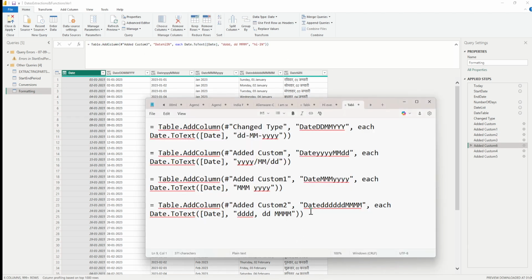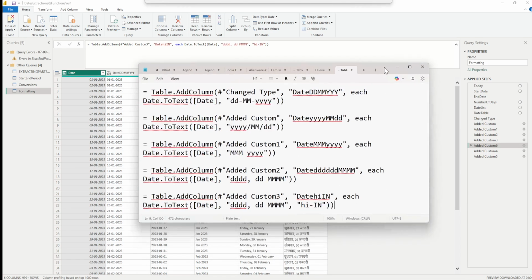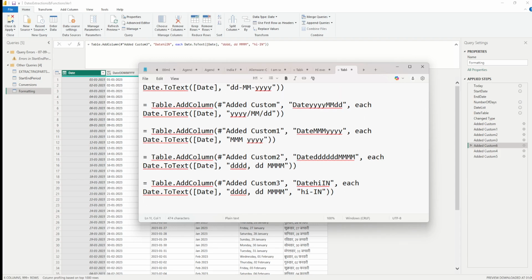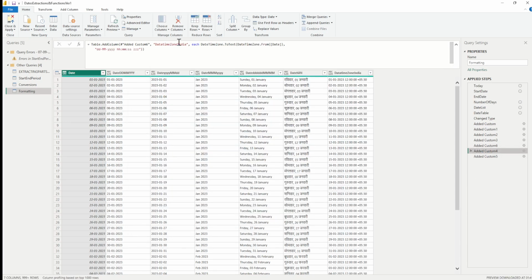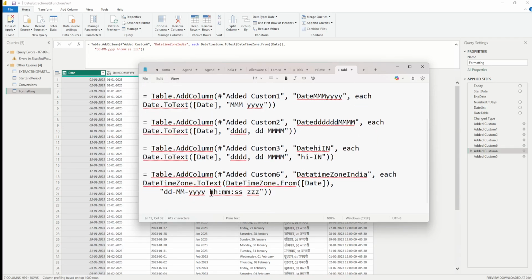So what I've done is, because I wanted to show the date in Hindi, I have used this particular formula where I'm writing down date to text, and at the end I'm putting in the format that I require, right? And that is what I'm doing there. In the other one, I just kept it simple, but I just wanted to show you an example that we can format not just the date part, we can format the time part as well. So here I've written down